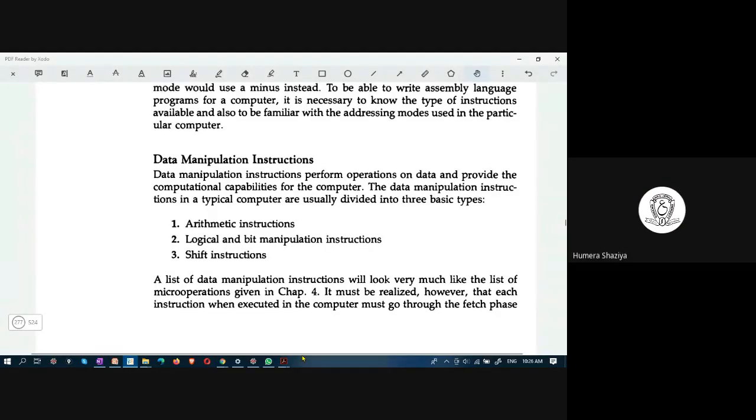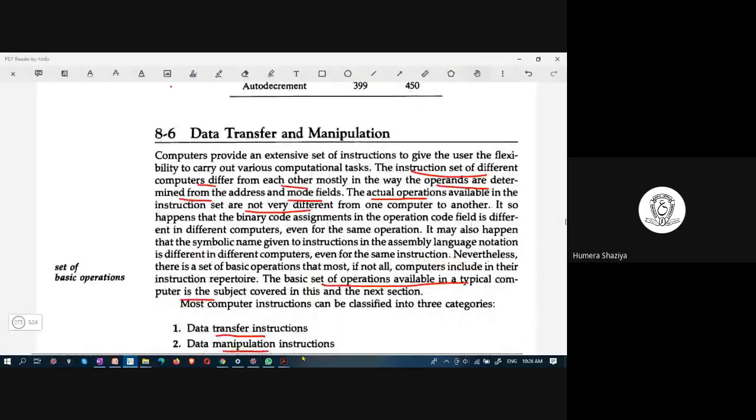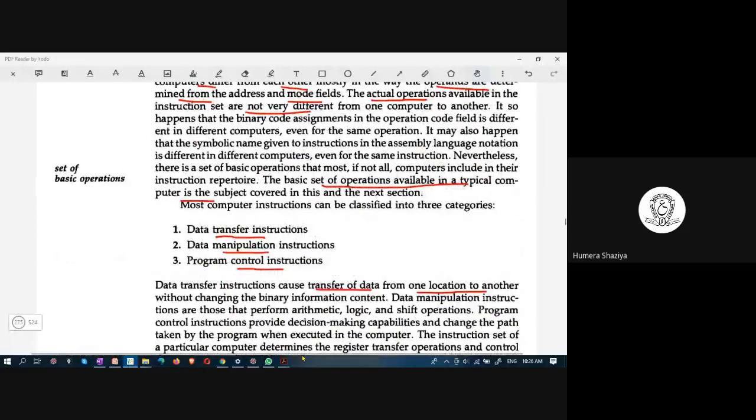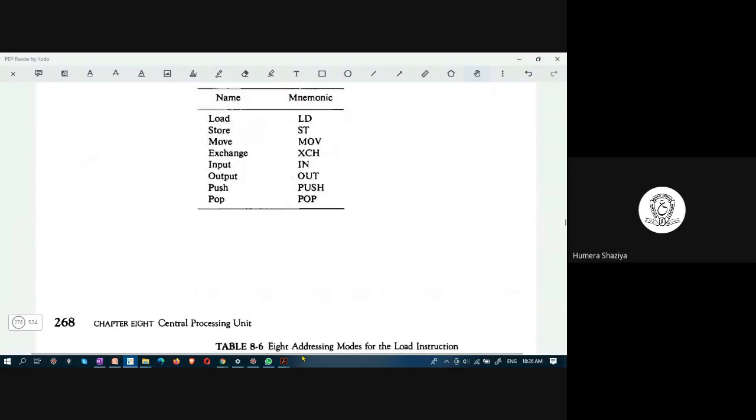That was about data transfer instructions. There are three categories of instructions: data transfer instructions, data manipulation instructions, and program control instructions. In data transfer instructions, we looked at 8 different kinds of data transfer instructions, and their meaning also was discussed. Further,